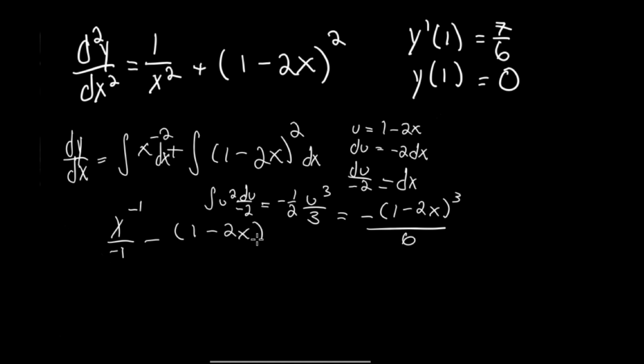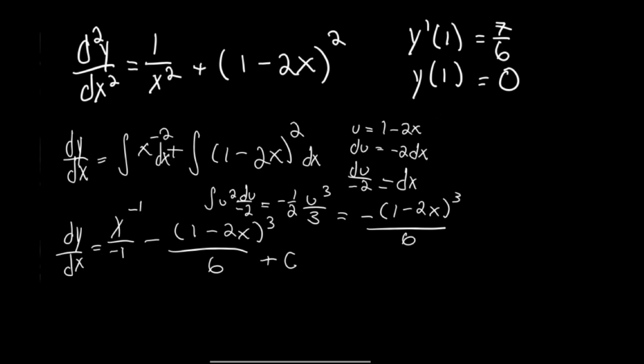2x over 6. And then we cannot forget the constant, so we will add the constant. And we know this is all equal to du over dx. However, the du over dx is still a derivative. It's not the original function. So therefore, we have to be able to do the antiderivative again. However, we cannot do the antiderivative yet because we still have a constant and we haven't found the particular solution to this first derivative. So we have to plug in our values, and we know that d prime of 1